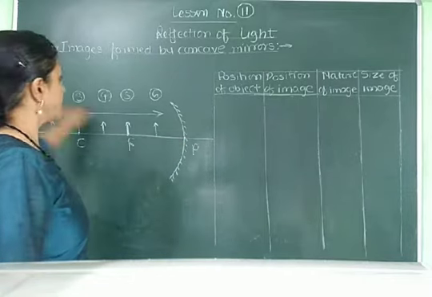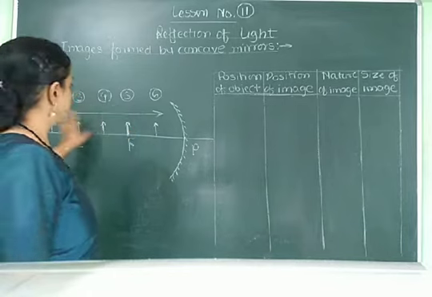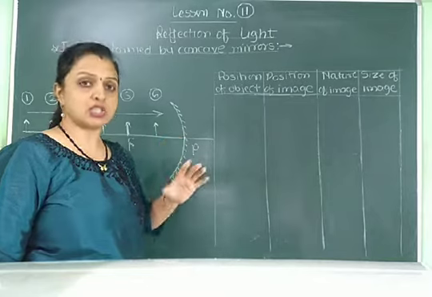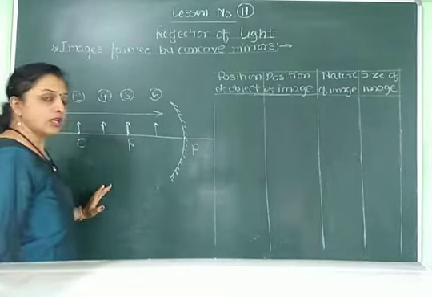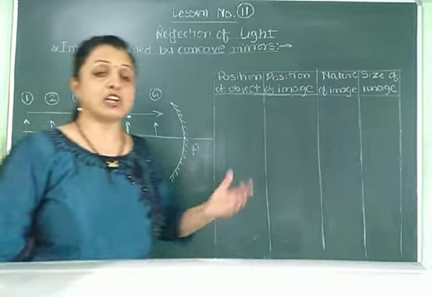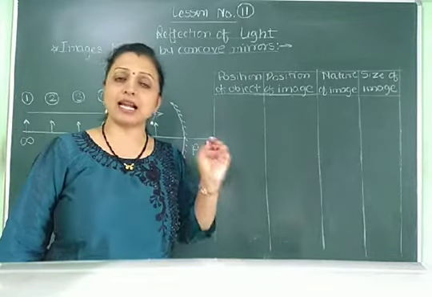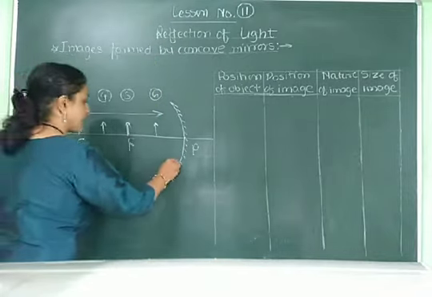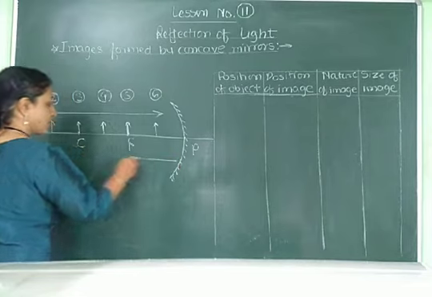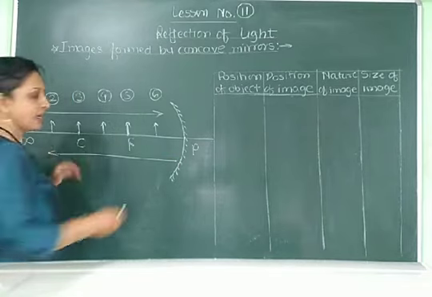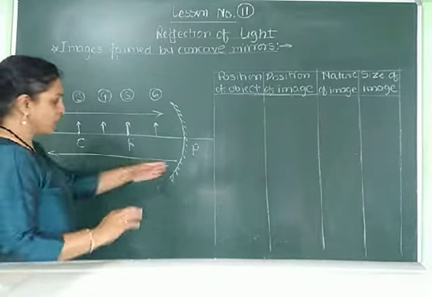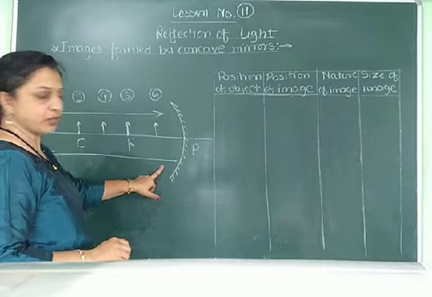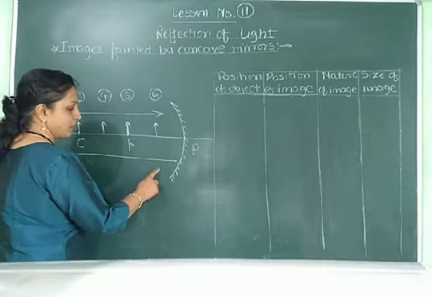Here from 1 to 6 these are the different positions of the object, and after that we have to give the numbers for the positions of the images. But for that we know that the images are formed by the reflected rays when they meet each other. At that position we get the image, no? Therefore we know that reflected rays are starting from the mirror surface. So the reflected rays are moving like this, in this direction, moving away from the mirror. Therefore we have to start to give the number from this position.